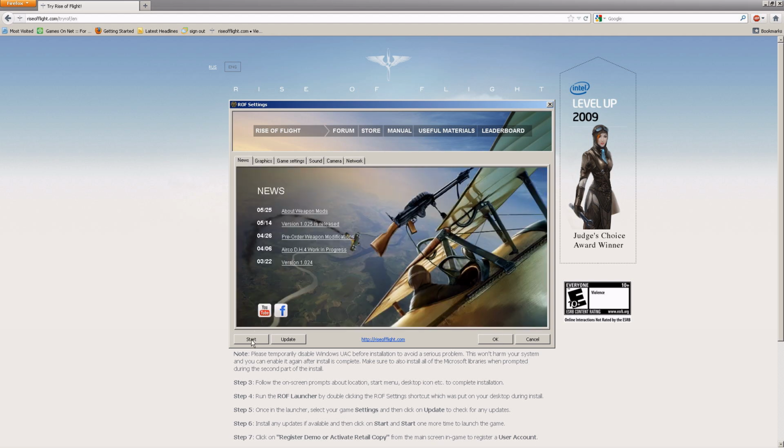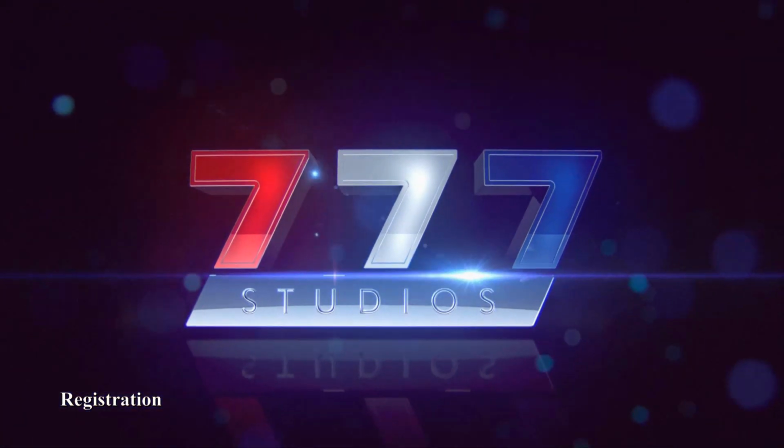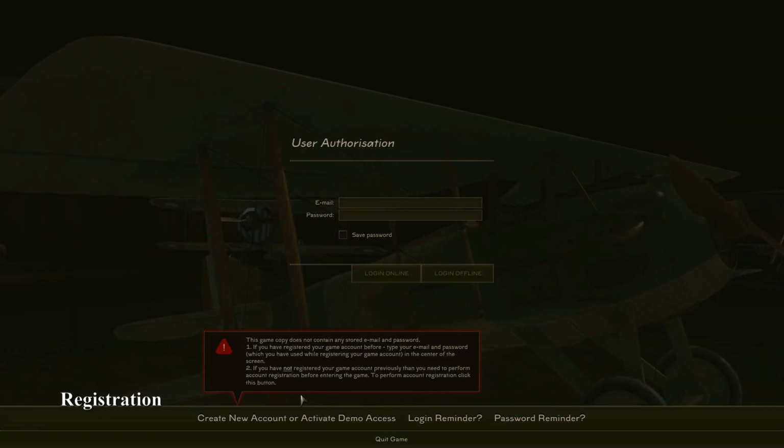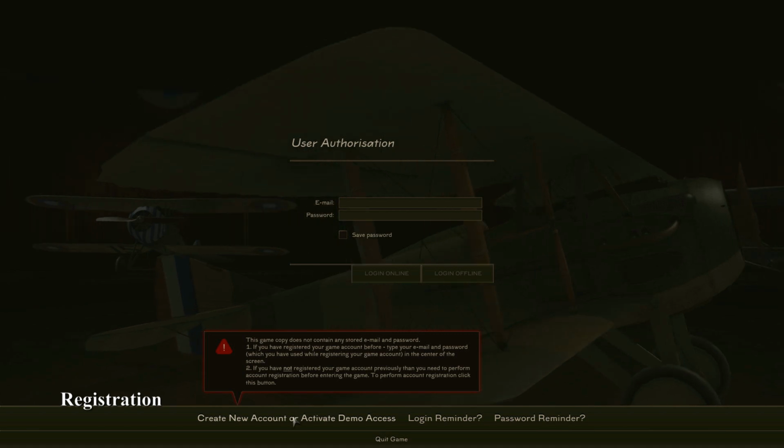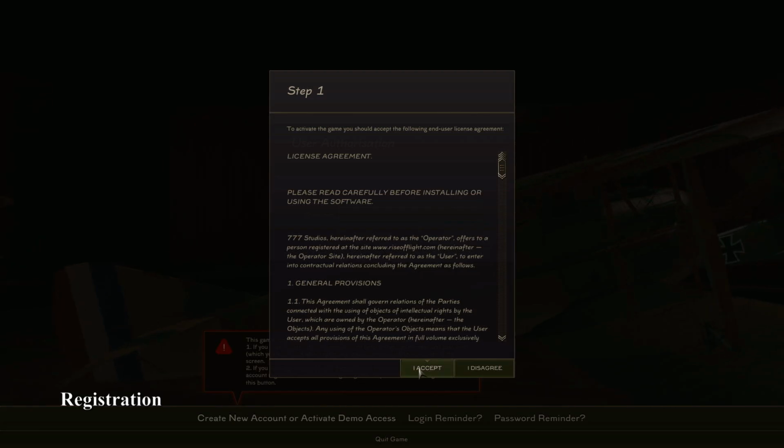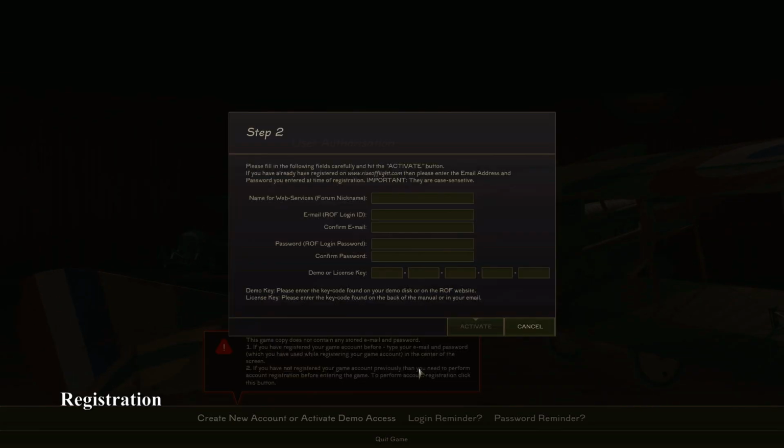Now that we have gone through the various launcher settings, we can click Start to get into Rise of Flight itself and register our copy of the game. We need an account first before we can register our game. So we click on Create Account, accept the terms and conditions of using the account, and then we input our